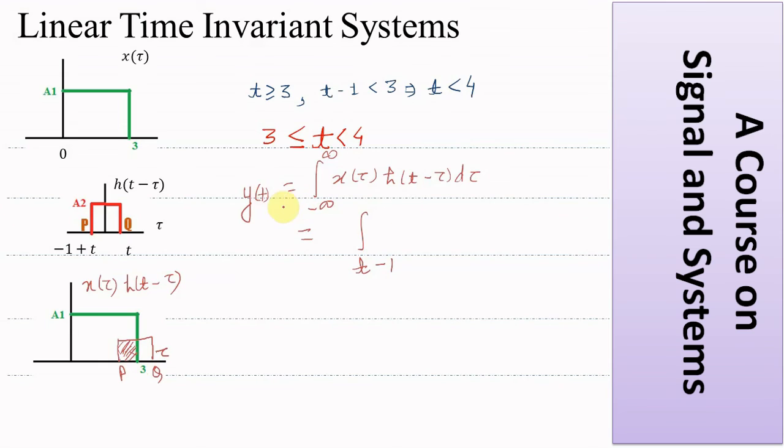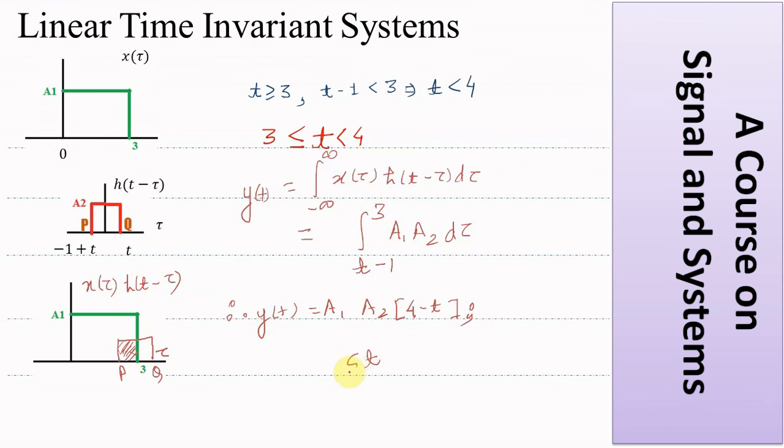So the upper limit remains 3, and the value of the two signals is a1 into a2. My variable is tau. So I can now write that my y of t is basically a1 a2 (4 minus t),